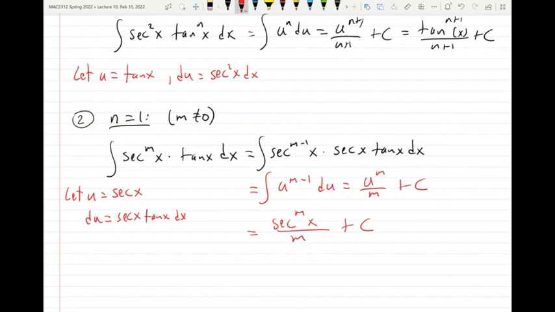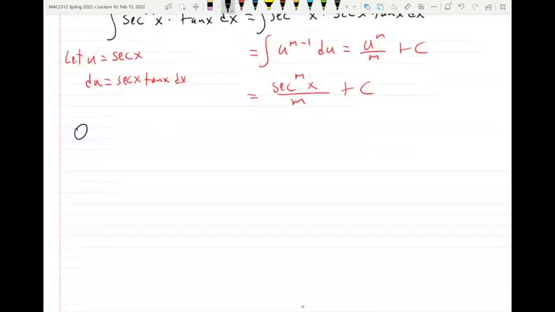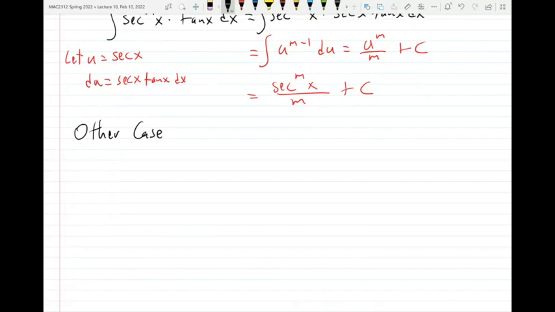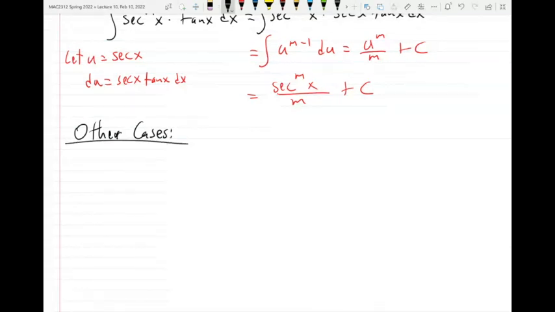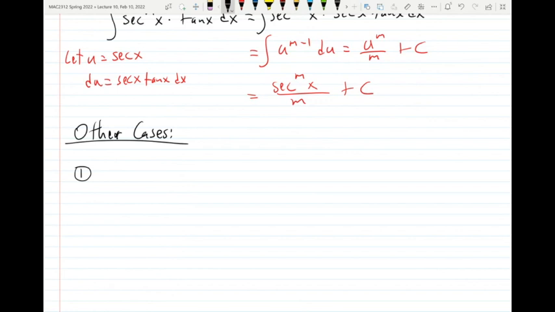Now, let's see the other cases, and I want to take attendance, so I'm going to let you work on something as I take attendance. The first one that we're going to do is when the power of secant is even, and tangent is whatever you want. So m even, but different than 0. When m is 0, it's a different story. But if the power of secant is even and different than 0, and n is anything,